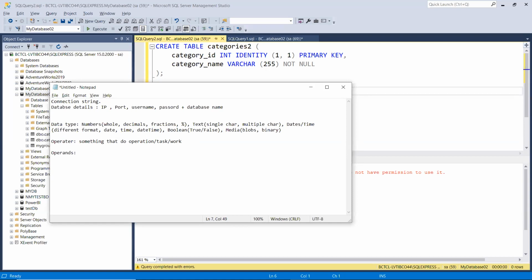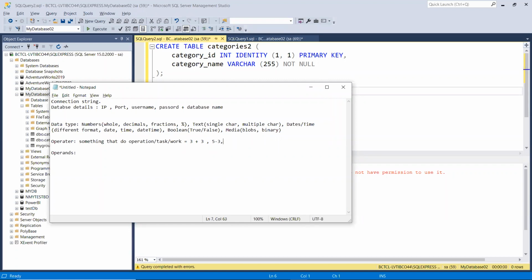For example, if I say I want to do 3 plus 2, the plus is the operator. Now it is doing the task of adding the two numbers. Similarly, if I say 5 minus 3, now minus is the operator.